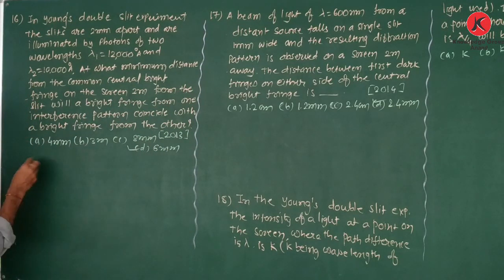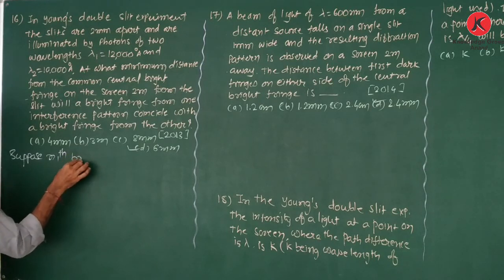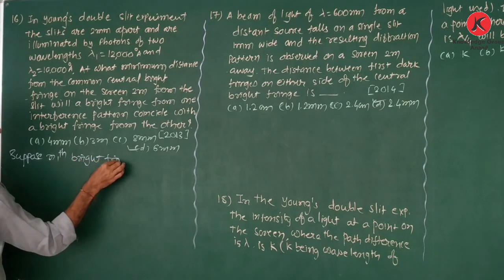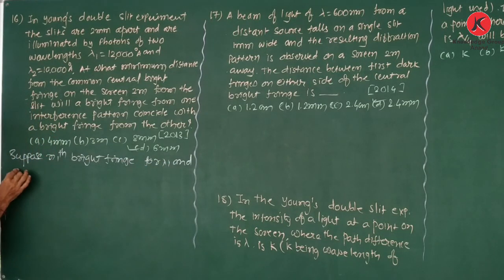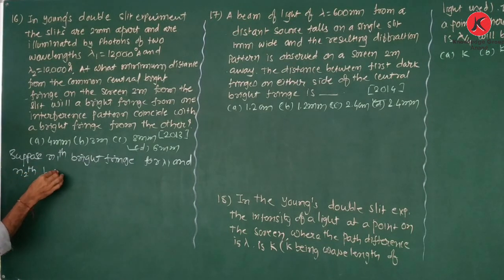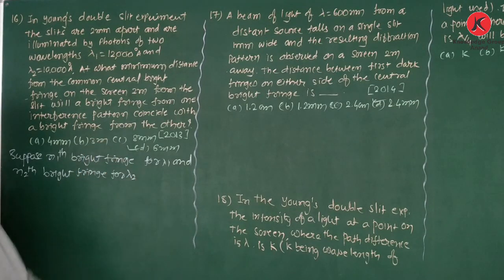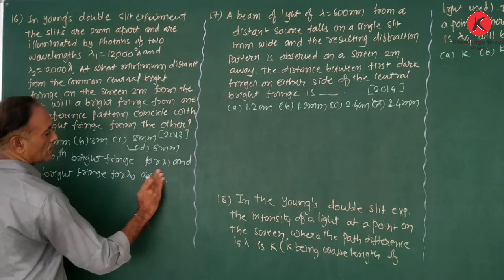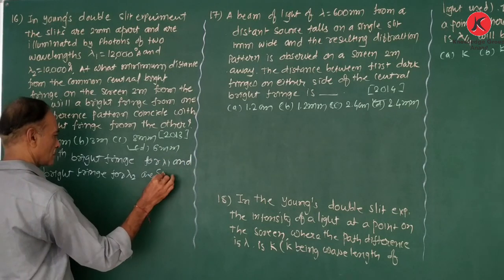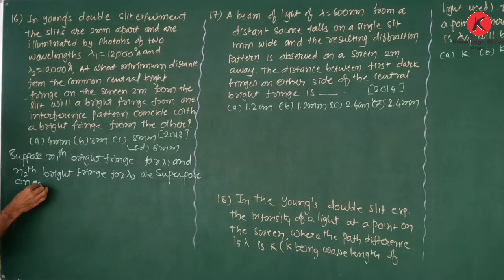Here we assume that N1 bright fringes for lambda 1 and N2 bright fringes for lambda 2 are superposed on each other. Therefore, we can write